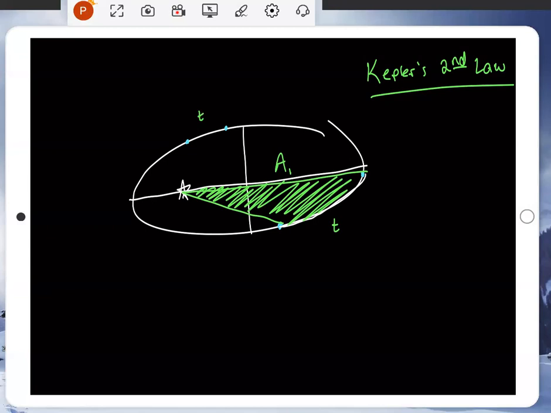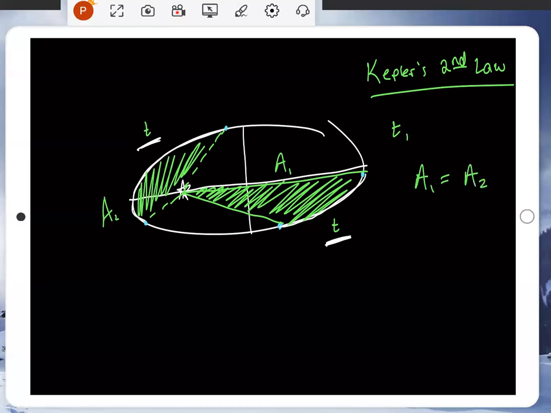So I've done it backwards. It needs to go a lot further than that. If we want to use Kepler's law, it needs to go over here, right? Again, the same time as this. That's the key point here. It has to be the same time. We can do the same thing, draw our lines. I'll do a dash one to denote the second one. And then there's an area 2, and the point of Kepler's second law is, as long as these times are the same, well then A1 is equal to A2. As long as the times are the same, equal times, then equal areas.